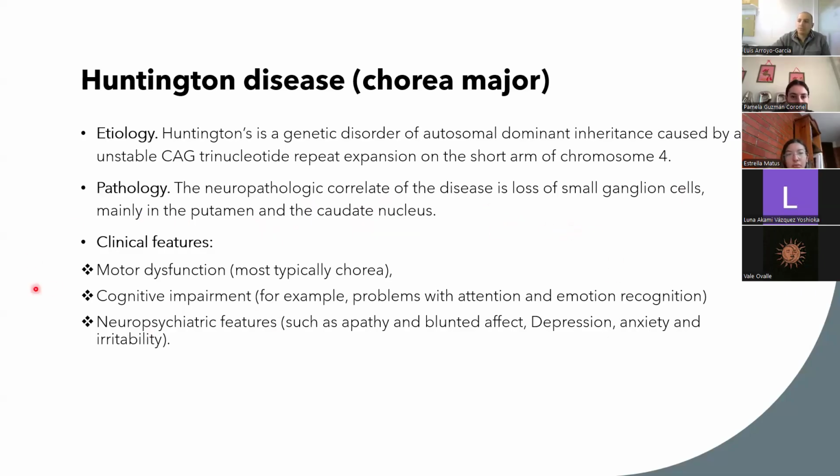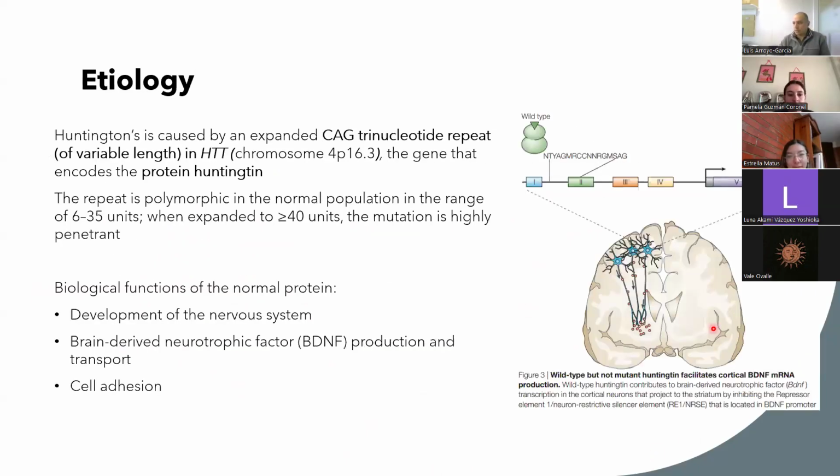As I have said, these show motor dysfunctions. Some of them have cognitive impairment, mainly when we're talking about Huntington disease later on. And then we have everything: depression, anxiety, irritability, etc. To understand this disease, which we're going to focus on a bit more because it's the most common one,